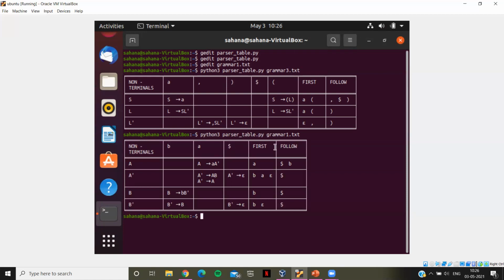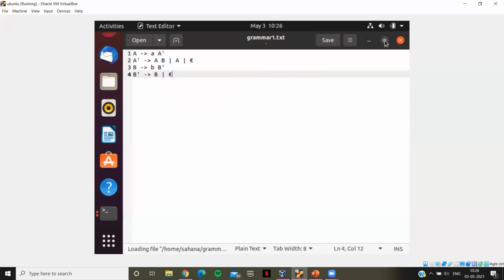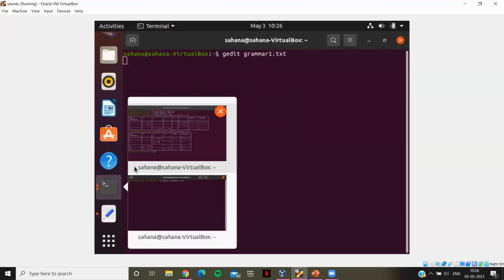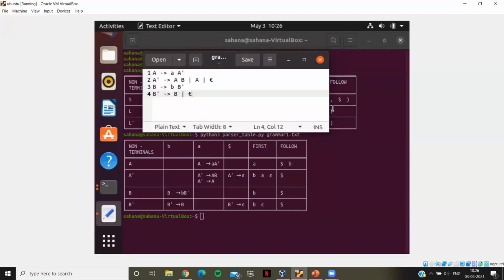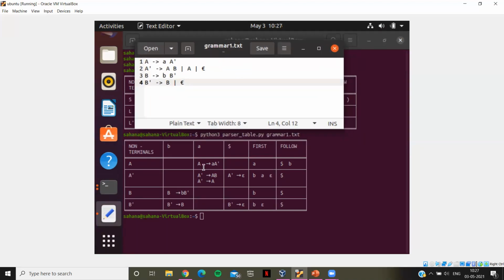So this is the table for grammar 1 that we had given. So we see here the parse table, first and follow set for the given grammar.